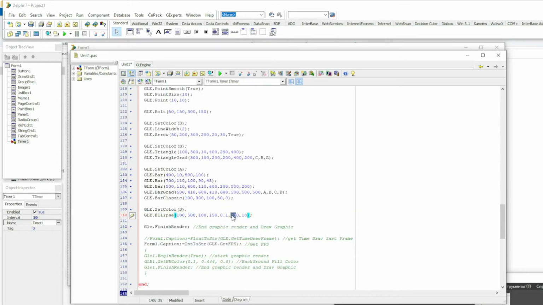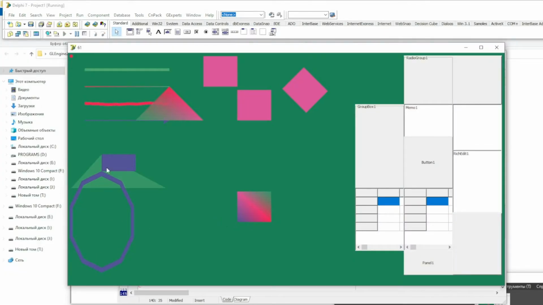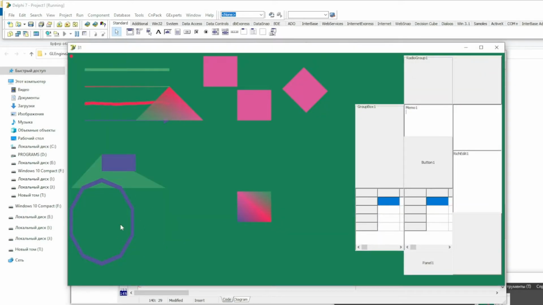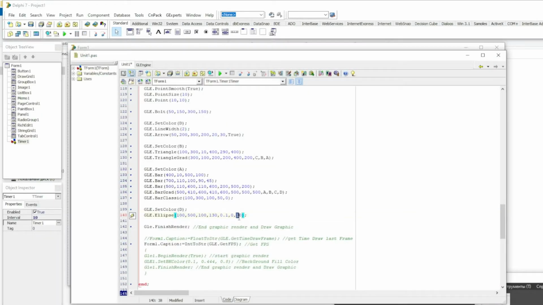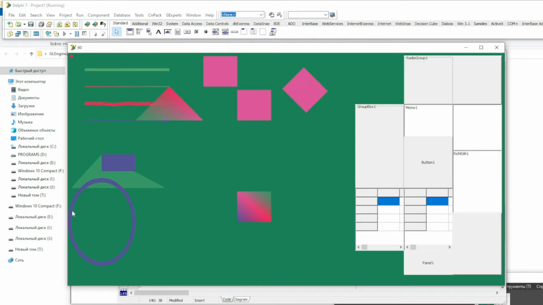Next, the angle of rotation of the figure in degrees is set. Positive values rotate the shape clockwise, and negative values rotate the shape counterclockwise. At the end, the number of segments of which the ellipse consists is indicated. The larger this value, the smoother the circle will appear. If you specify a small number of segments, the figure will have a large number of corners that create irregularities